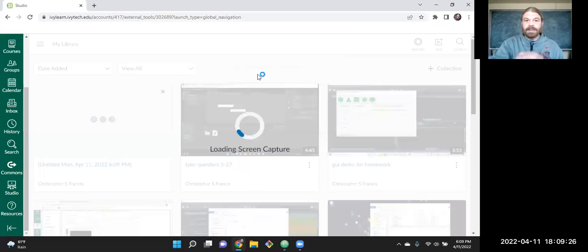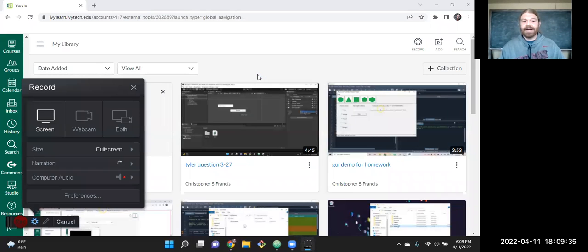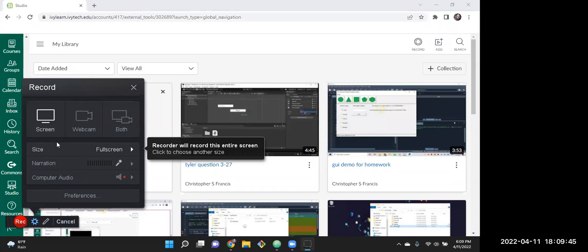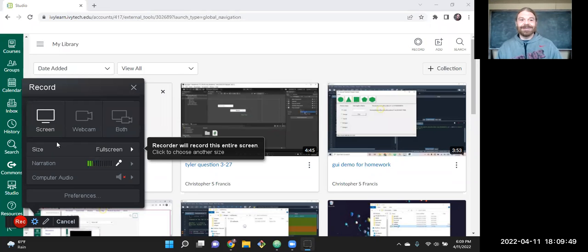The very first time, you'll get a message to download the software. You do have to download it the very first time, and then after that, it'll just start up right like this. Can you all see the record button in the lower left on my screen? Yes. Okay. I'm doing two screen sharing things at once, so I wasn't sure if some of it might have been blocked.